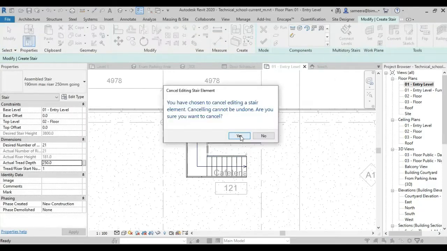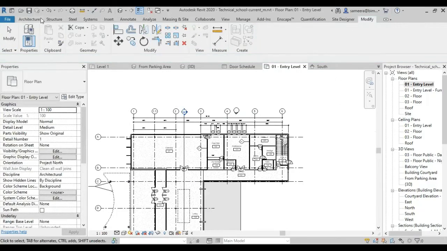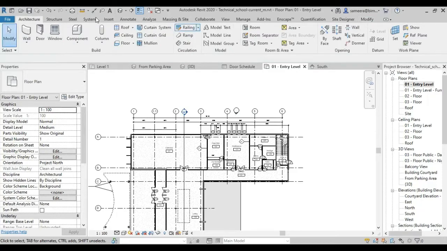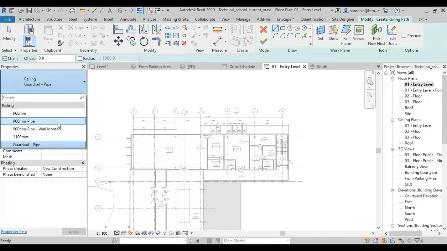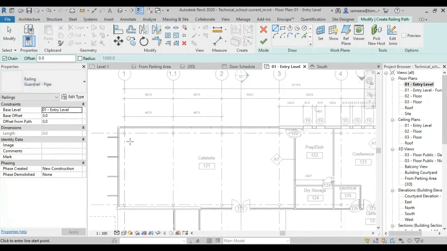Coming to the railing part, we have to go to the Architecture tab again. They ask you to choose a railing by sketch path, and they also give a specified type. Here you can see some types like 900 mm pipe, 900 mm, 900 mm pipe wall mounted. So you have to choose the specified one. Then they will ask you to make an offset.